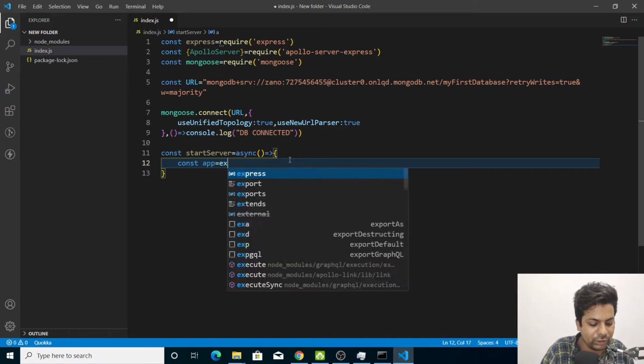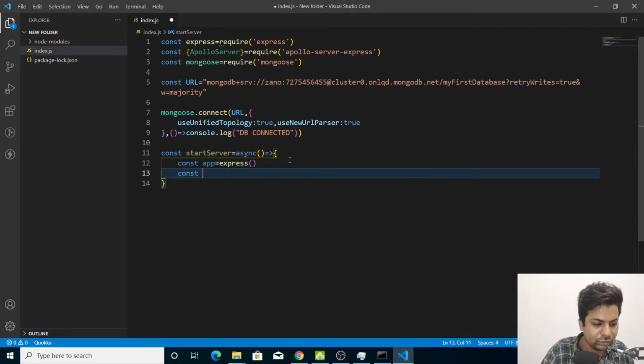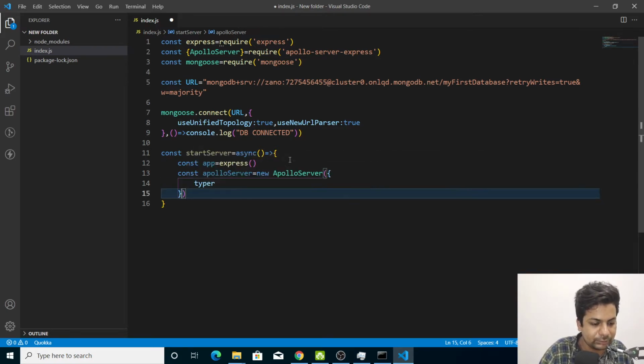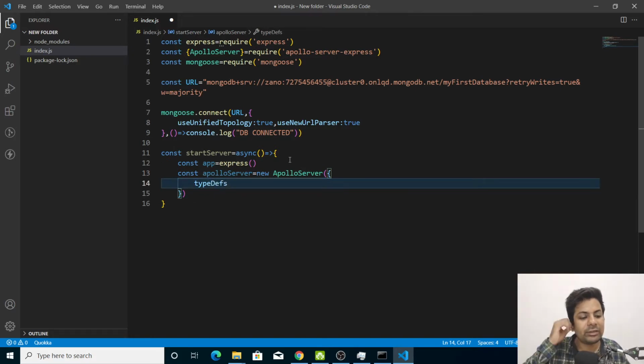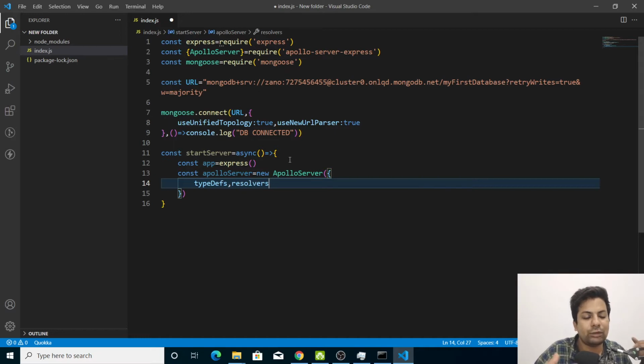We'll say const app equals express. Then const apolloServer equals new ApolloServer. Here we'll pass a few things: typeDefs, which is basically where we write our queries and what the schema or type looks like, and resolvers, as you already know, which resolve the queries.